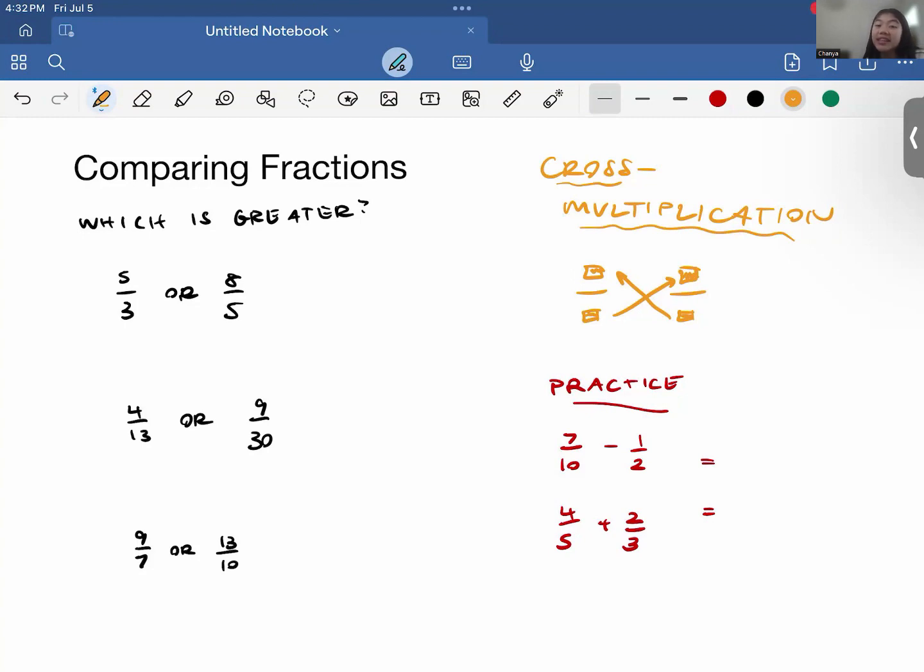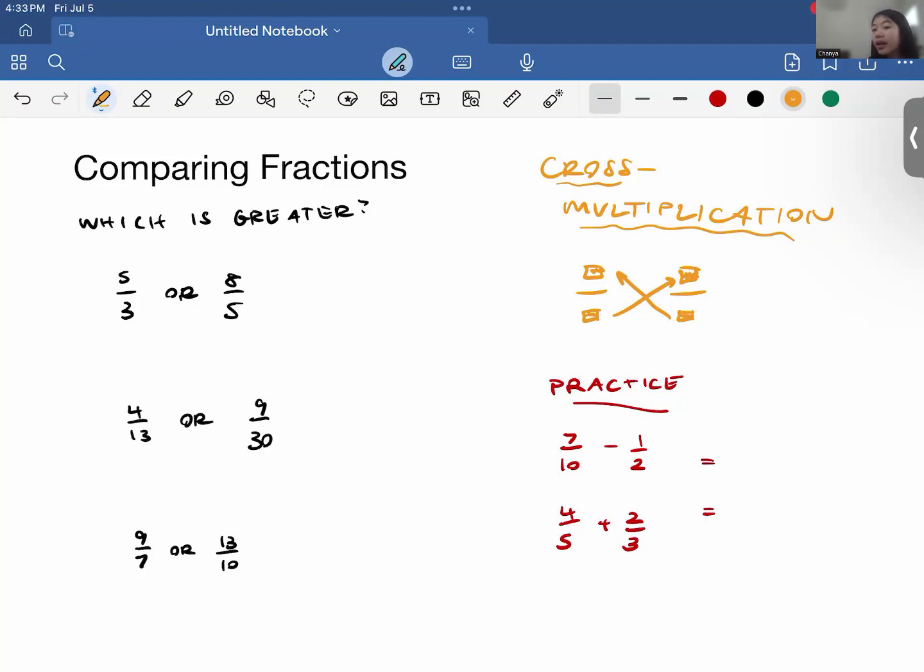So I'm Chanya, and today I'll be teaching you how to compare fractions. This method works when the fractions are relatively small and they're numbers that you can easily multiply and compare, right? So basically, to start off, we have this idea of cross multiplication, which is written on the top